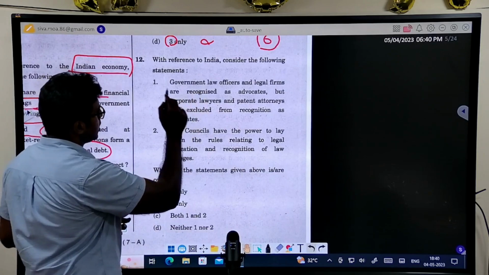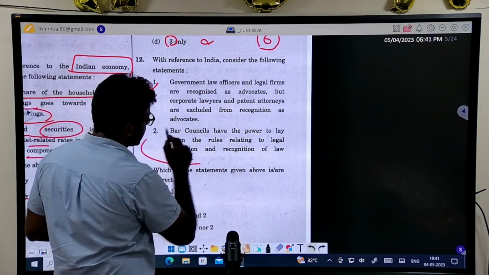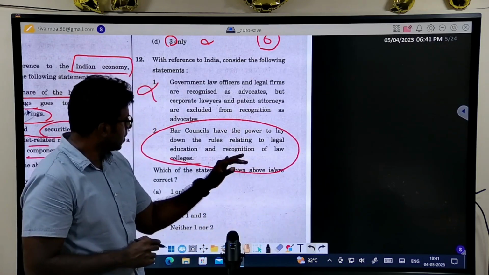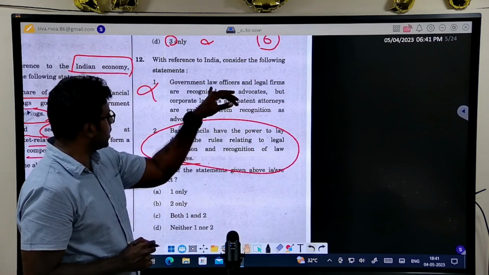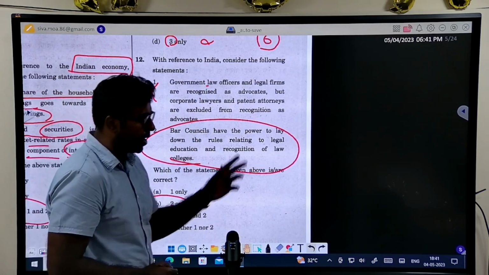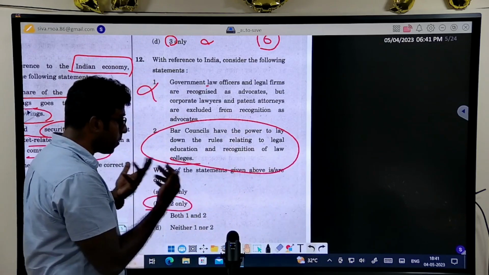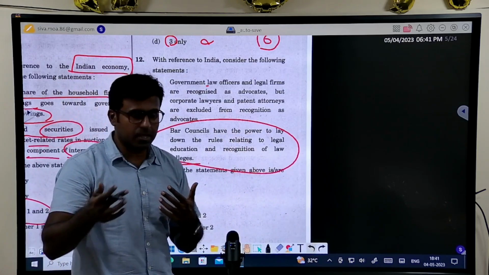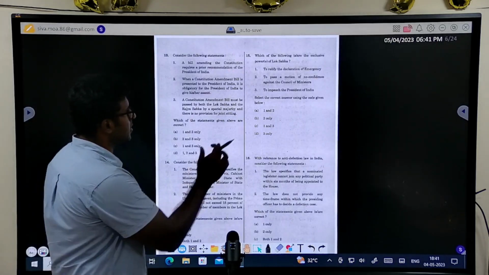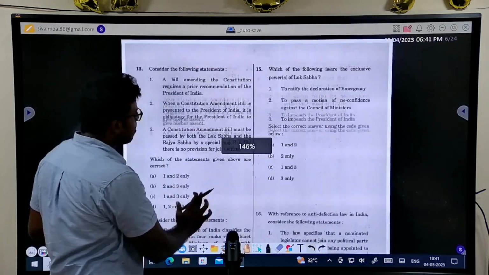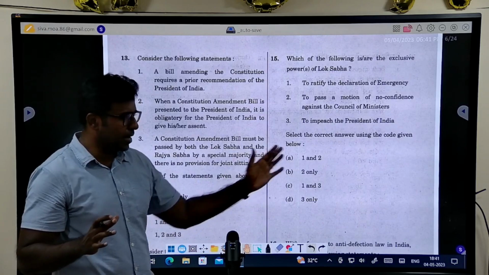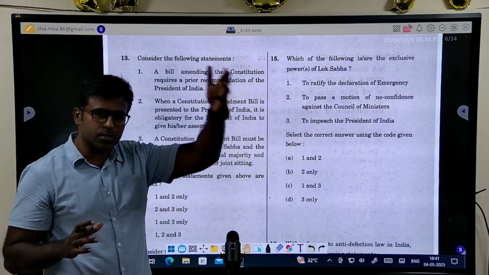So see, this is wrong. But I did not have an idea about this. Maybe I would have made a mistake if I had attempted this question; I did not have the understanding of this. This is wrong, I knew. So the answer is here, but I was also not sure. This is a tough question. Maybe for lawyers it will be an easier question. This is how you have to handle it. You cannot handle the entire paper. That question I might not know; some other question, some other person might not know.